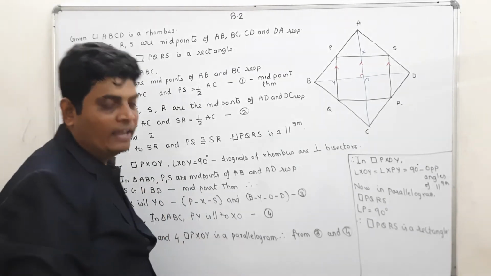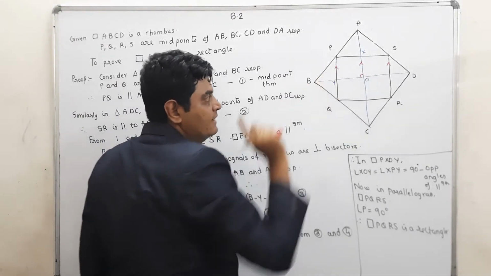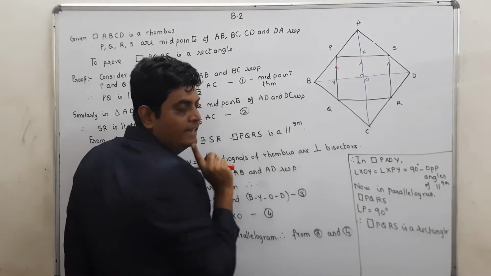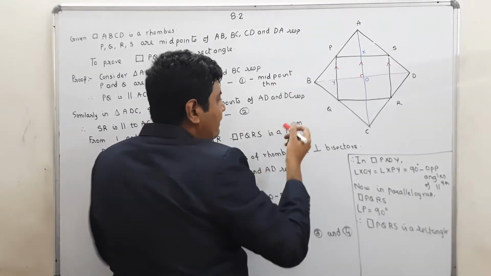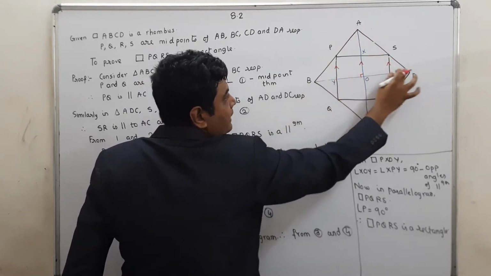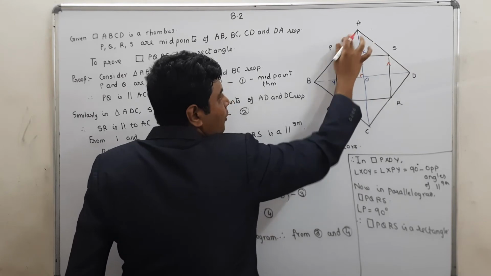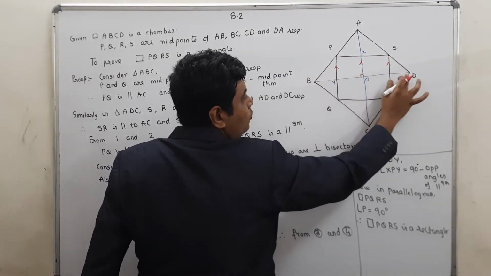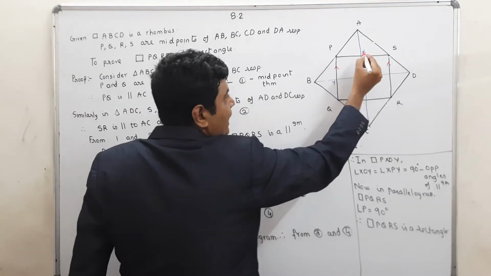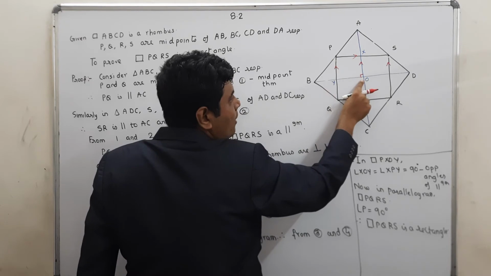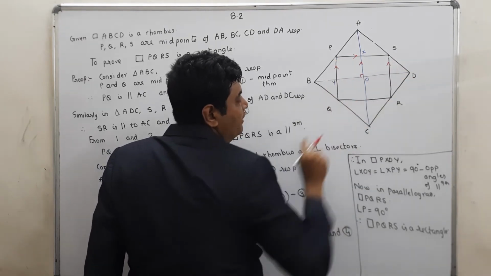Okay. Now what is my second step? Second step, I have to prove one angle as 90 degree. For that, what property I will use? I will use this angle is 90 degree. Okay. Now can I say in triangle ABD, P and S are the midpoints of AB and AD respectively. Therefore, PS is parallel to BD. So PS is parallel to BD. So therefore, can I say PX is parallel to YO? Because all these three points are collinear.